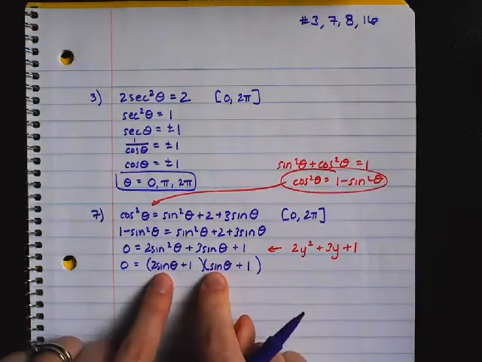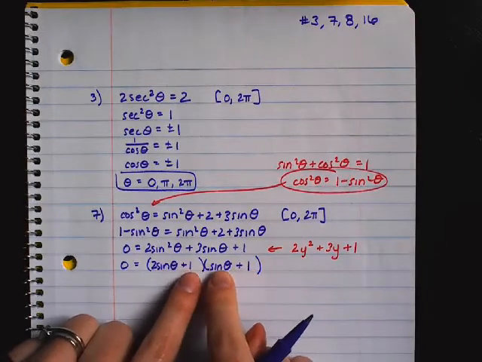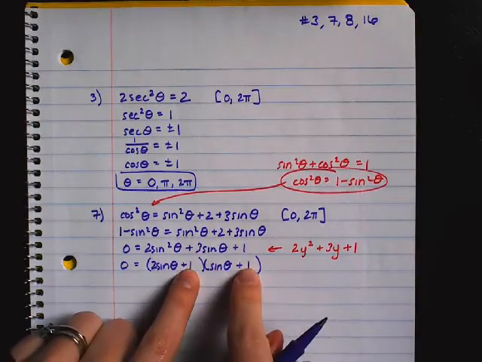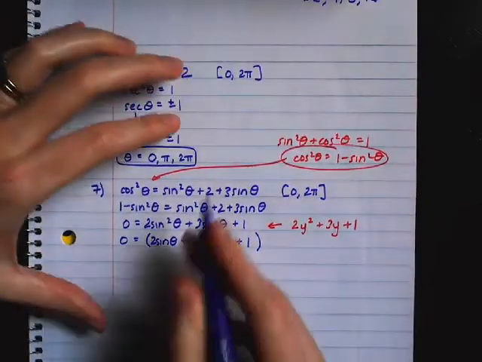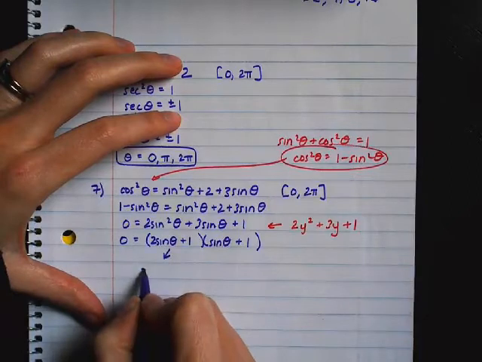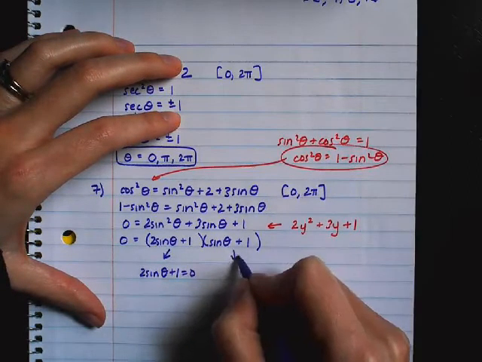So if I start FOILing this out, I'll get 2 sine squared, 2 sine theta plus 1 sine theta. That gives me 3 sine theta, and then these multiply to give me 1. So this looks good. Remember, I'm solving for theta. So now what I'm really asking is, when is this equal to 0? And when is